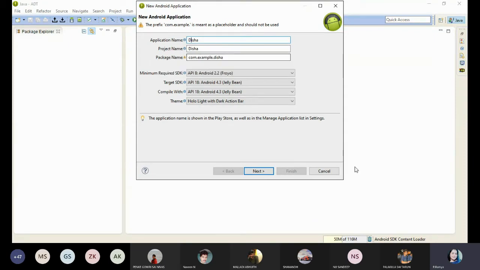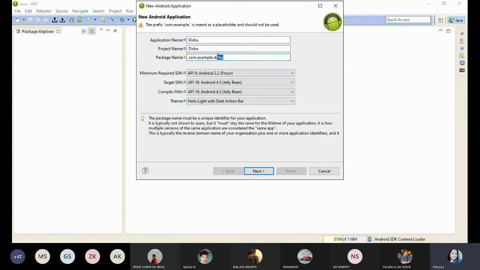So that's the reason. Okay. If you enter the application name, the package name will automatically be displayed here. Whatever application you created here will be displayed at the end. So here you only need to give the application name within this particular window. Apart from that, don't give anything here.